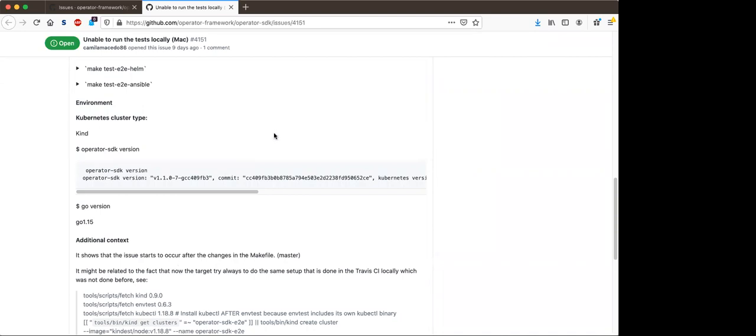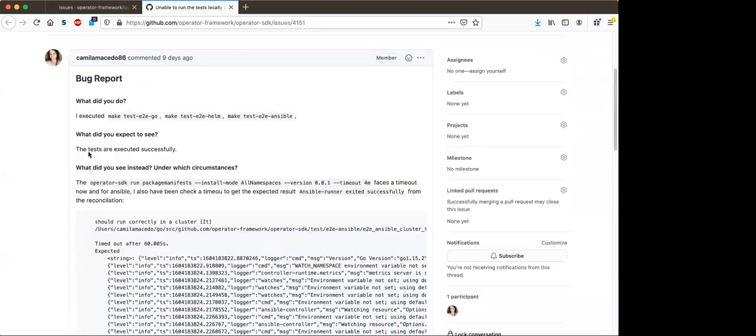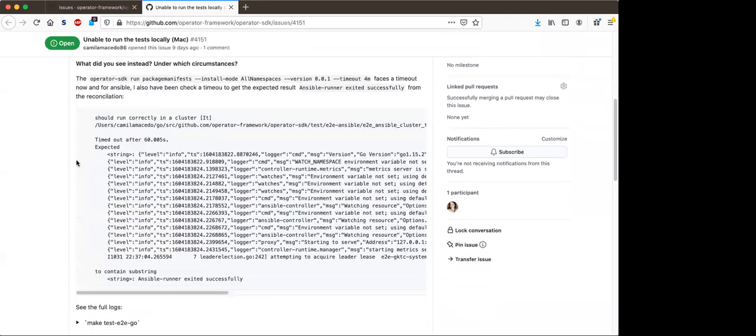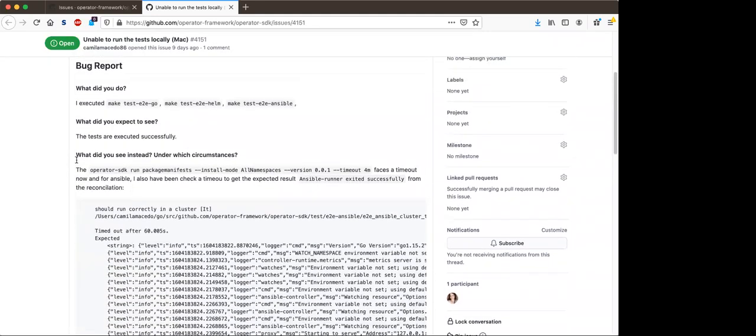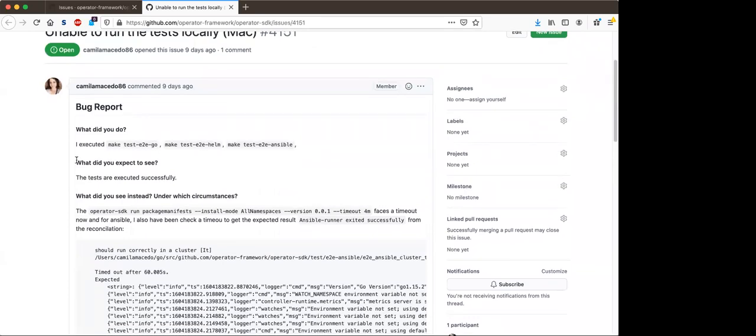So Camilla, the kind cluster, I'm not saying this should work because I haven't tested on a Mac, but the kind cluster that gets set up as part of running these tests is a specific kind cluster called Operator SDK EDE. So it should be separate from any other kind cluster you're using. What should be happening is that we create the kind cluster and then we set the kubeconfig in the makefile to use that kind cluster, but only if you're running make tasks. So it basically doesn't affect your environment at all, which was one of the goals.